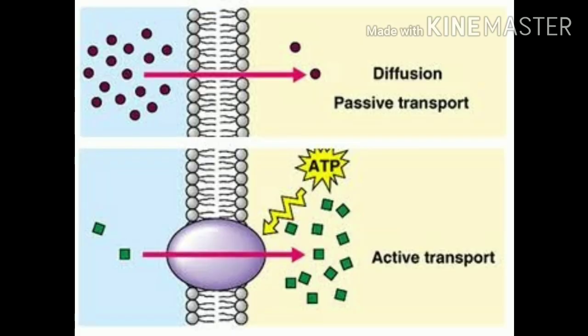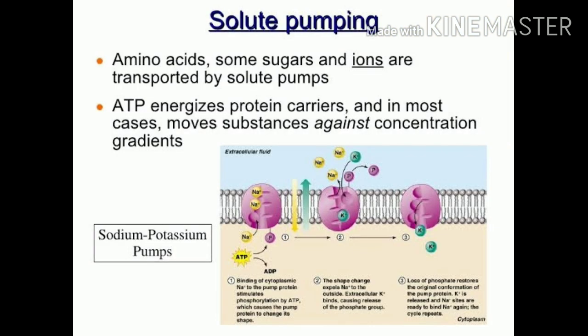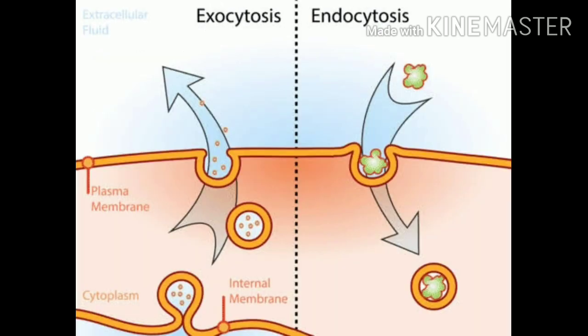It is a rapid process compared to passive transport, and commonly sugars, salts, ions, and amino acids are transported through this method, like the sodium potassium pump, which helps in the transfer of nerve impulses, which you will study in next class, class 10th. Another method of transport is endocytosis and exocytosis, in which macromolecules and food particles move across the cell